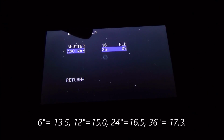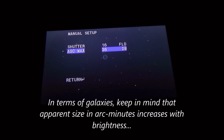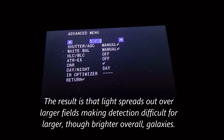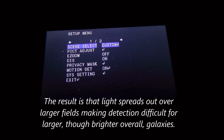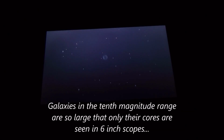I do want to point out this little star right here. I know it's a 13th magnitude star, 13.1. I have seen it through a 6-inch scope on a decent night. We are getting a view of it, so that's a nice baseline. Let me go ahead and save out these. Well, don't do that yet. Save out these settings, and we will have a better look at the ring without having the presence of